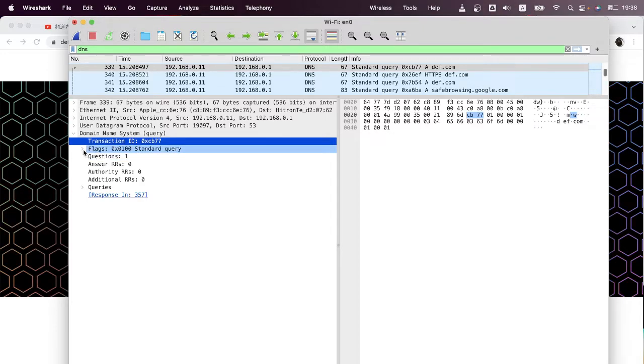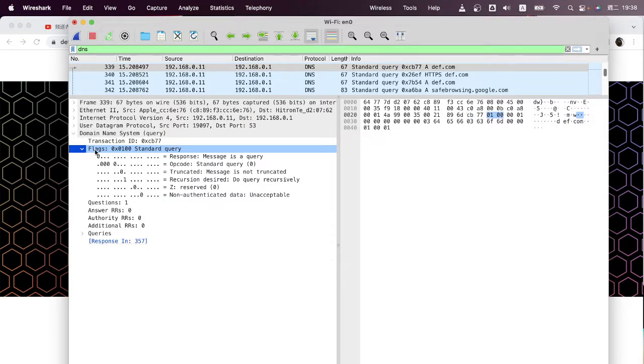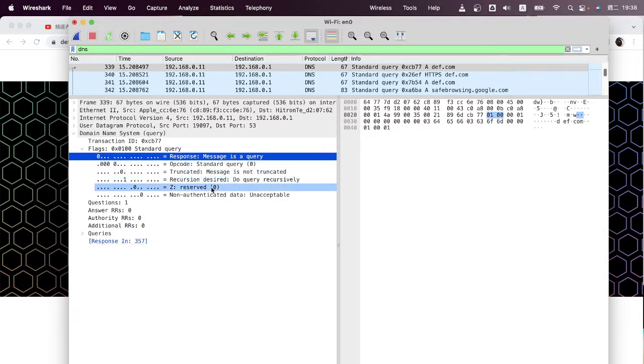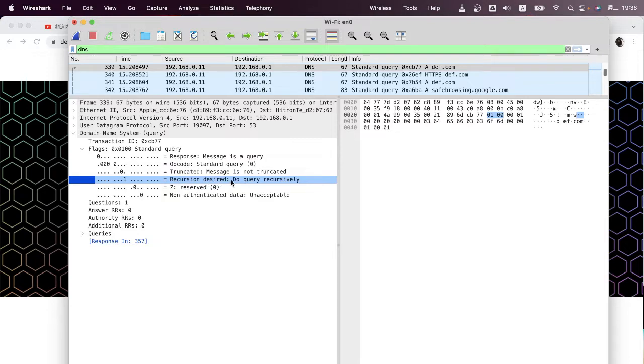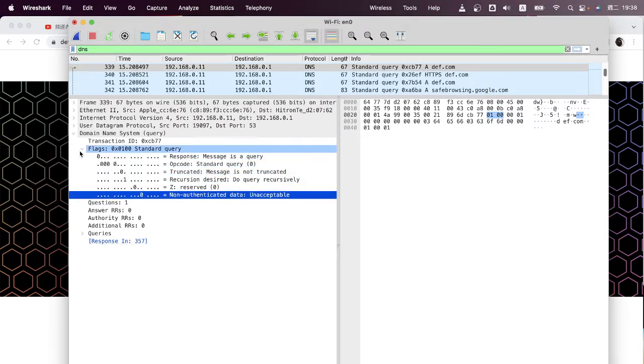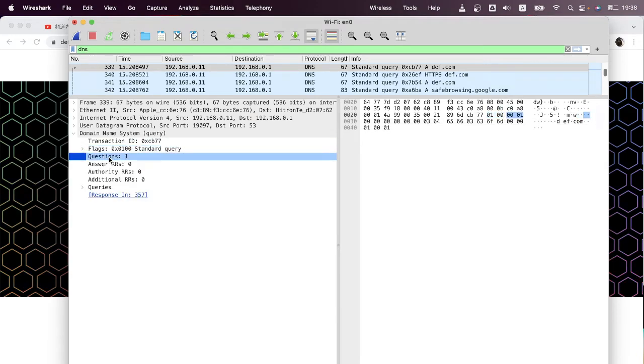So you can open the flags right here. It's also 2 bytes. Take a look at your slide. The first bit, if it is 0, means this message is a query. There are some other bits which indicate if recursion is desired or something like that. And in this specific